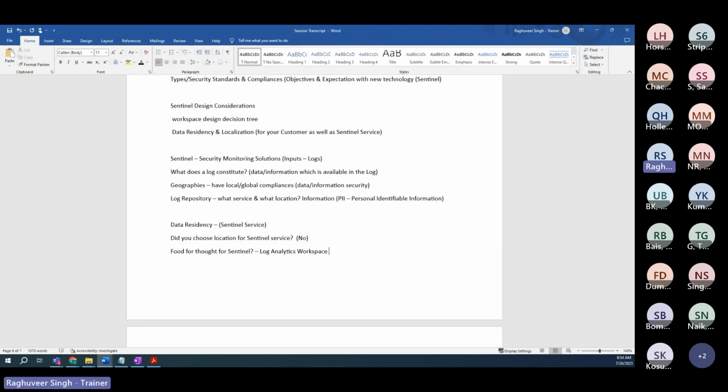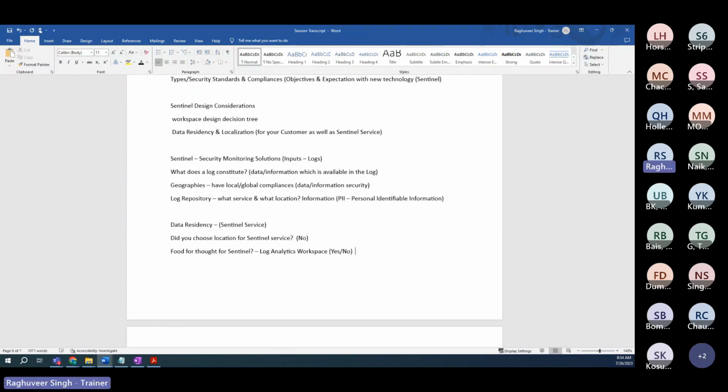Okay. So now the question is, did we choose a location when we created Log Analytics Workspace? Yes. Great. So we did choose a location when we created Log Analytics Workspace, and that location, whatever